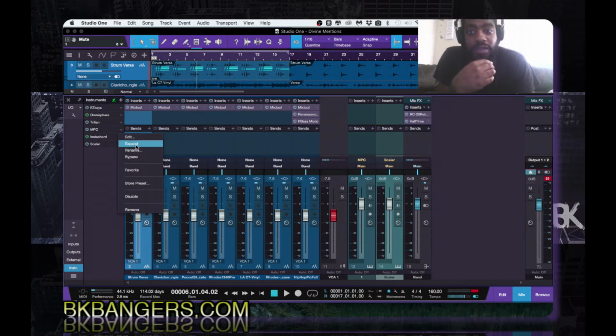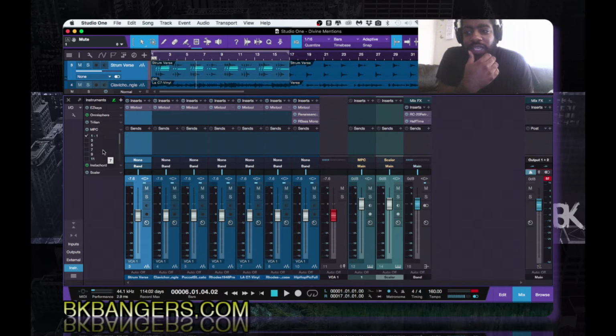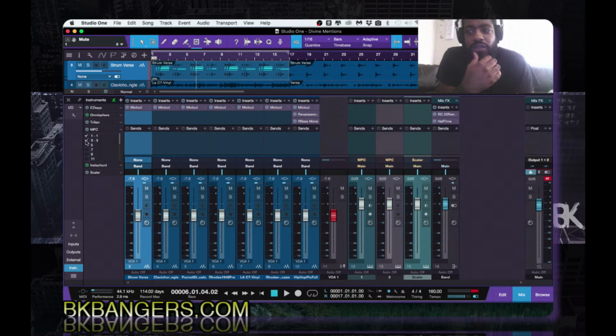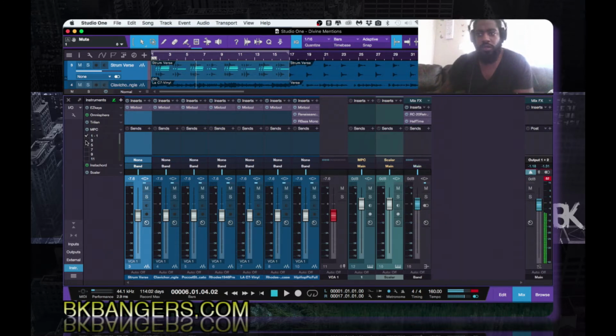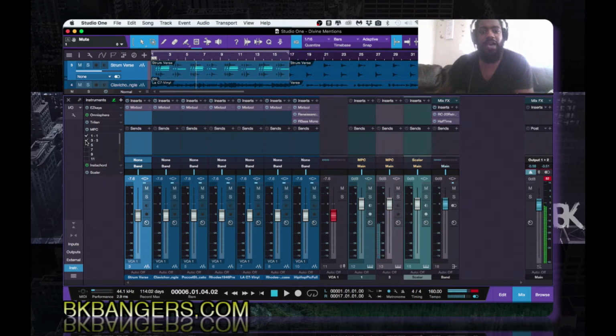Where it says expand, you will expand. And right here you can see it's only on 1. If I click 3 now, I'm hitting that pad and you don't hear the snare, but now you hear it, right? So I'd go back and open up the